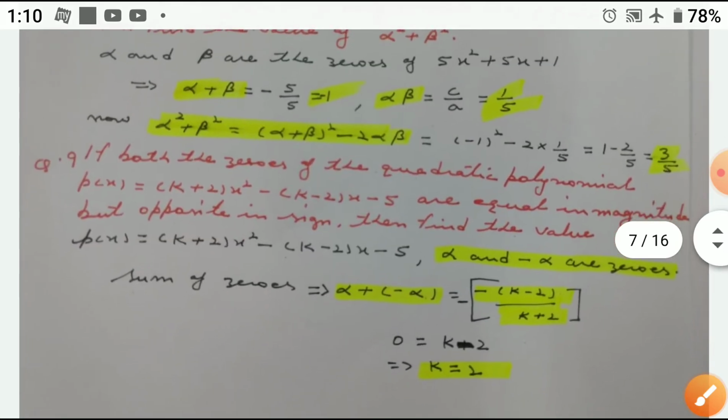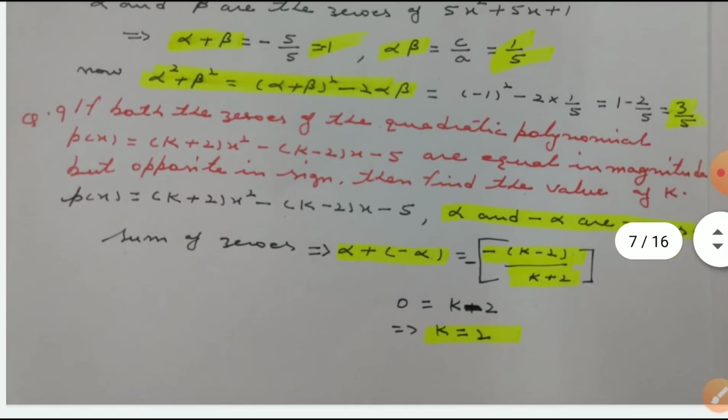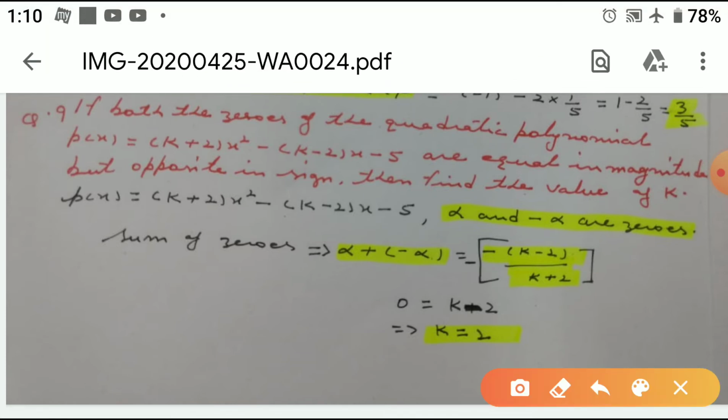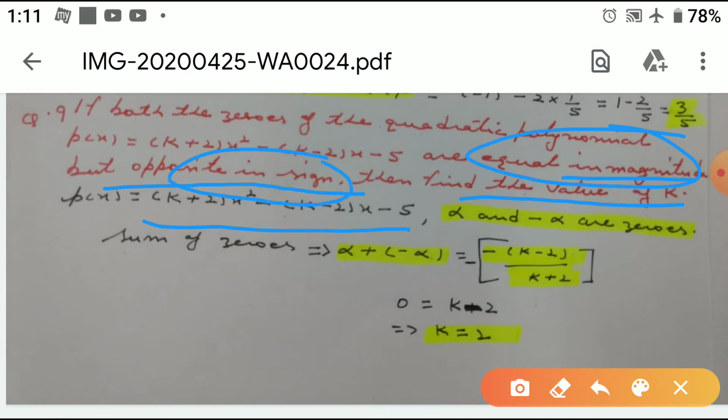Now come to the next question. The question is, if both the zeros of the quadratic polynomial px, this is the quadratic polynomial, are equal in magnitude but opposite in sign, then find the value of k. Same question. Here px is (k plus 2) x square minus (k minus 2) into x minus 5. Since they are equal in magnitude, opposite in sign, it means that if one of the roots is alpha,